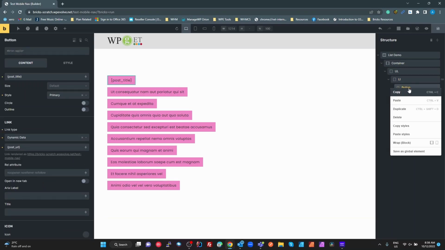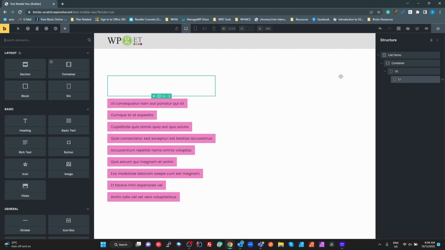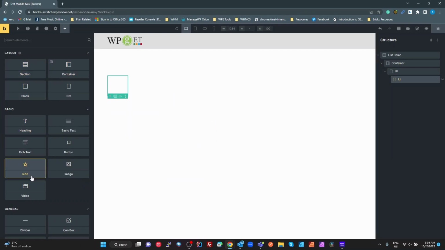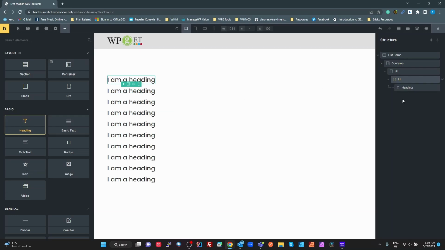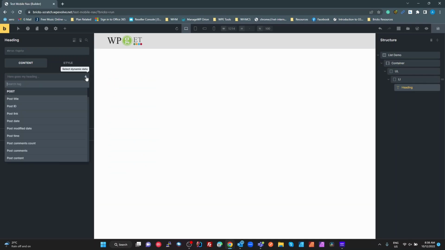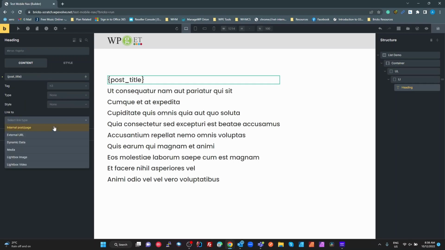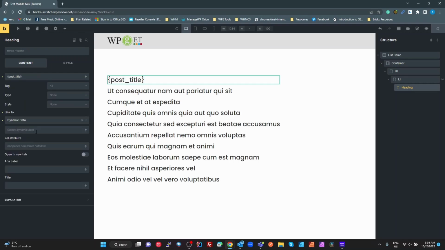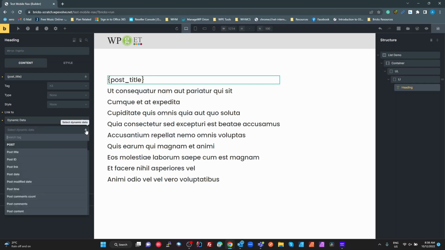Don't want a button, we just want a list of names, so we just add a title. Make it a heading title that's there, and we're going to set the dynamic data on that to be the post title, and we'll set the link type to be dynamic and select our